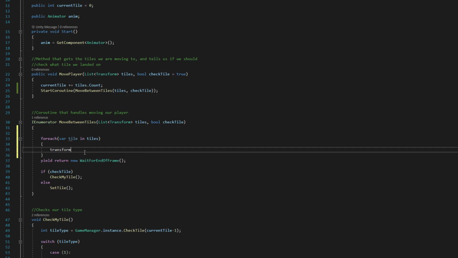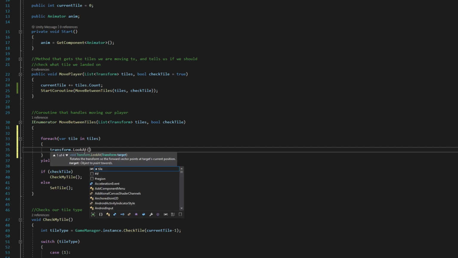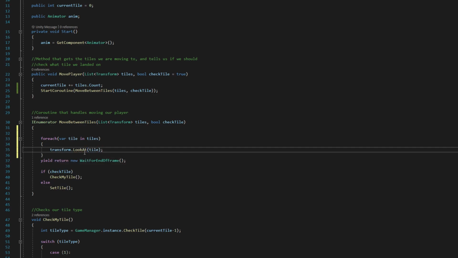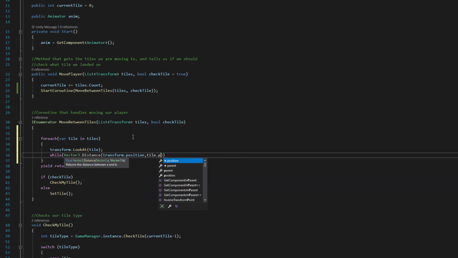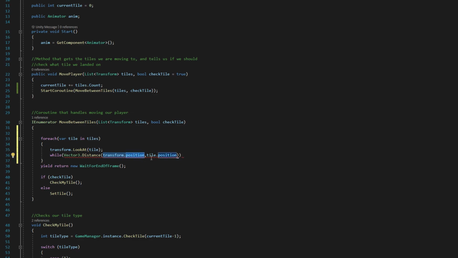We're going to say transform.LookAt(tile), which is going to turn our player so they look at where they're moving. And then we're going to add a while loop. So while Vector3.Distance(transform.position, tile.position). So while the distance between our player's current position and the tile's position is greater than 0.1f,